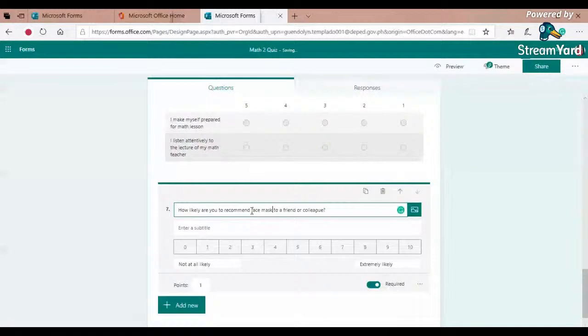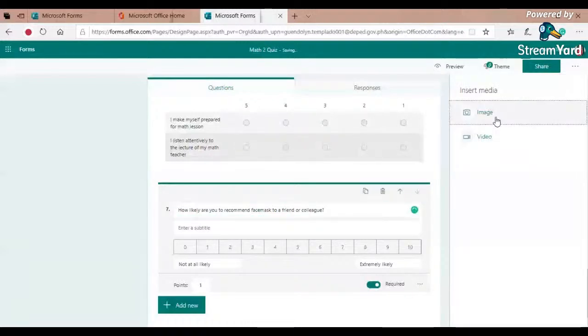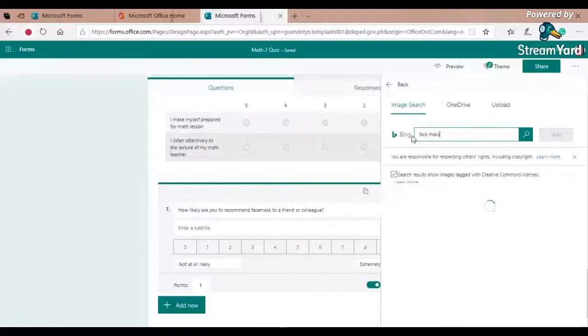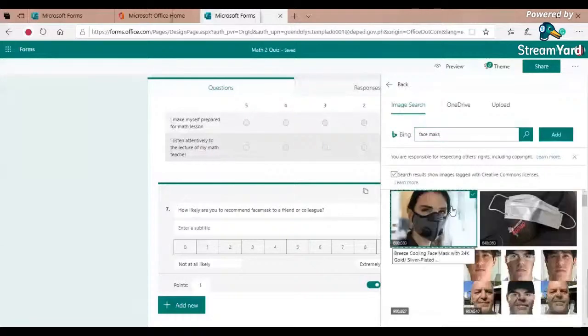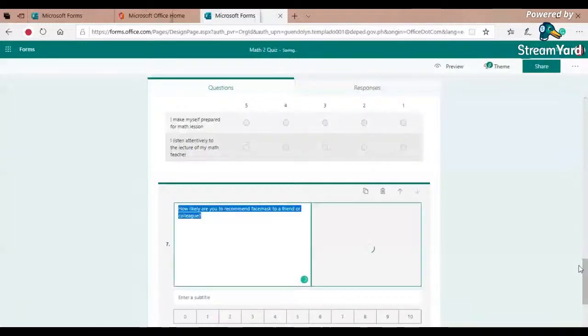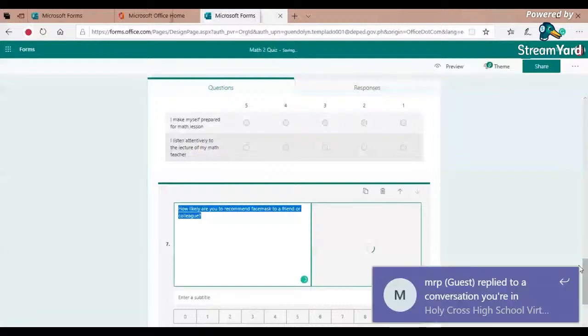And then, yes, face. Okay, so I will put an image here. I will look for an image online. Face mask. Okay, yes, this one. For example, this is my product, and I will add this photo. And then the question is, how likely are you to recommend my face mask to a friend or colleague?